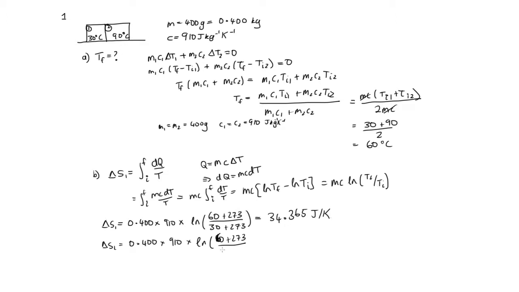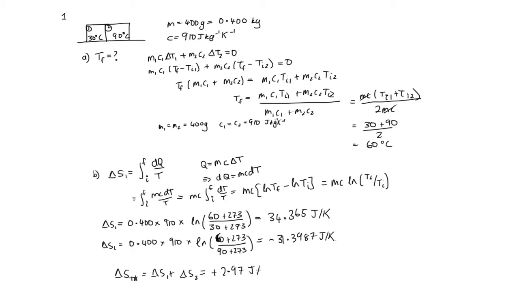We put that into the calculator and we end up with minus 31.3987 joules per Kelvin. And then delta S total, the total change, is just the sum of these, delta S1 plus delta S2. And solving that on the calculator, we do this plus this, and we end up with plus